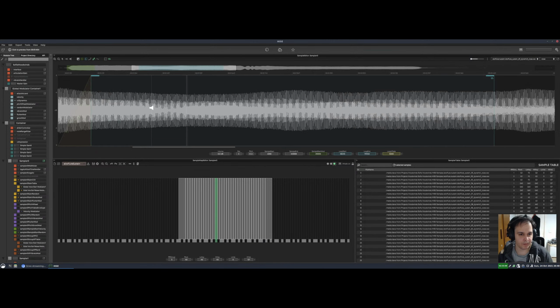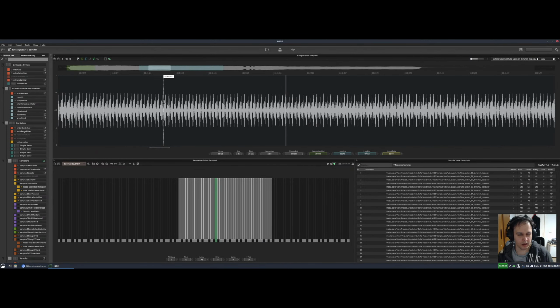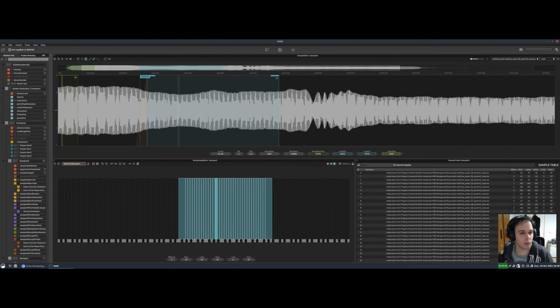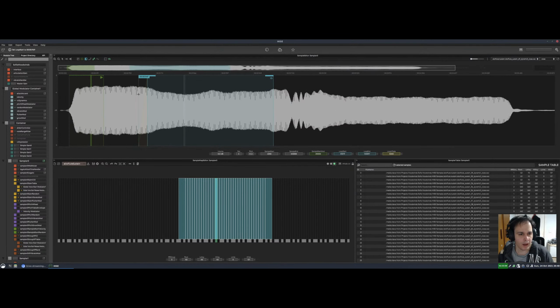And if we zoom in, you can position it really accurately, so I like that. And it's the same thing for the loop points, so left click to position the start, right click for the end. But I can see I need to do some work on this particular sample because it's got this noisy bit here. Actually, it doesn't sound that bad. It's not great, but